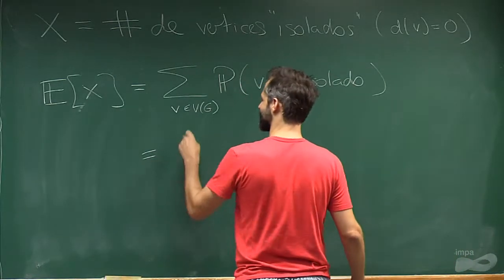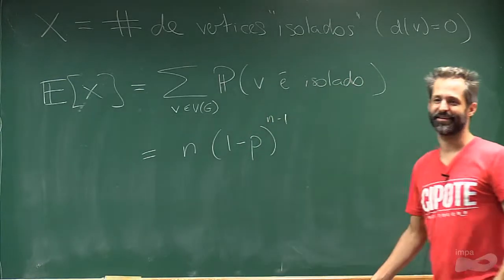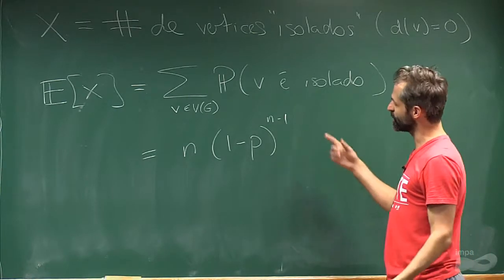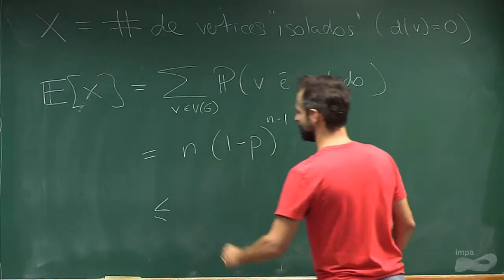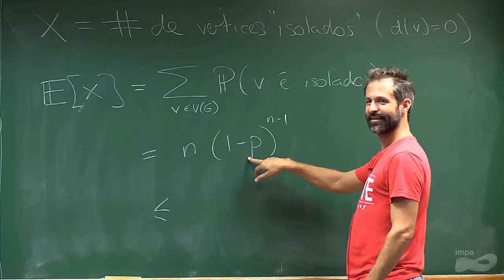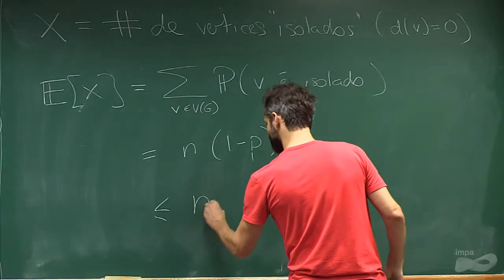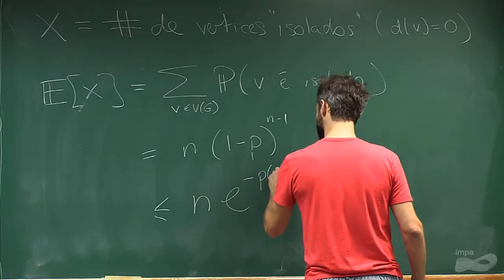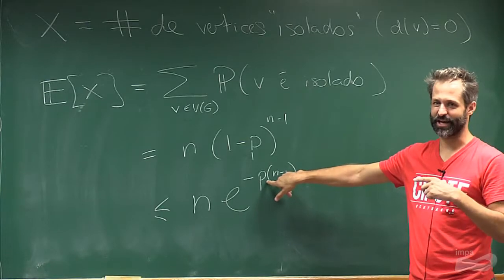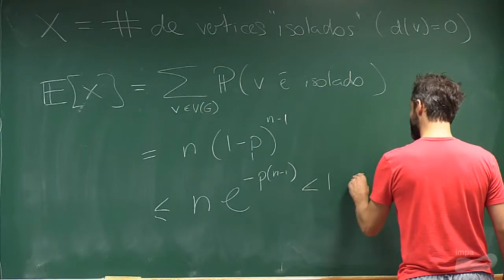Exactly. So this is n times (1 minus p) to the power n minus 1. And that is roughly what? Or at least, it's at most what? Yeah, we should always use 1 minus p is at most e to the minus p. So n times e to the minus p times (n minus 1). Note the expectation appeared here. It's not by chance. Which is less than 1 if